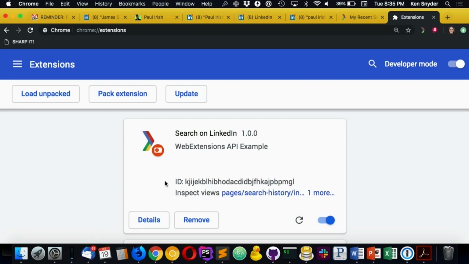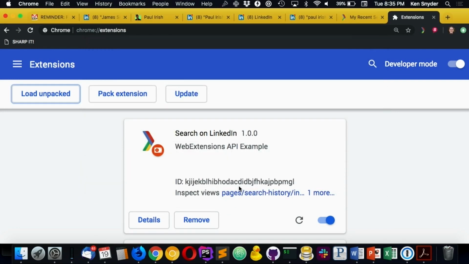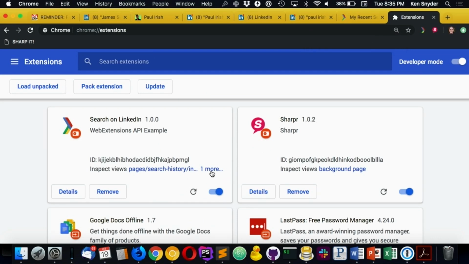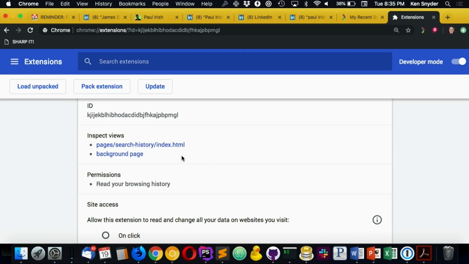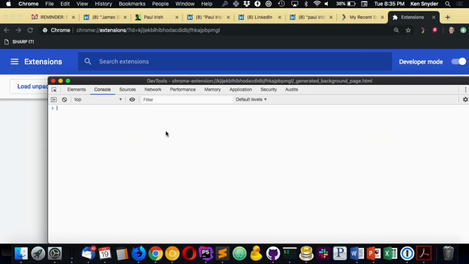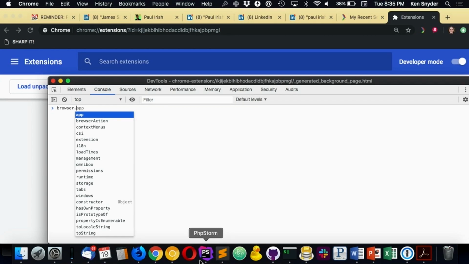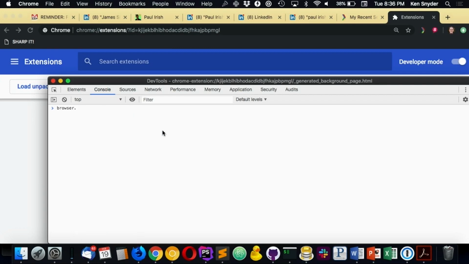Canary for development. Okay, so what I did is I just picked a directory to load unpacked extension from. In this case, it was just our extension directory. And we get this thing here. We can inspect views. Let's make that a little smaller. So here we go. There's two views that we can inspect. One is the search history, which is this page, which we can always just inspect. And then the other one is our background page. So that's kind of cool. You can see browser, and here's all the different APIs that you can use. So that's pretty nice. So if there's any errors that come up,